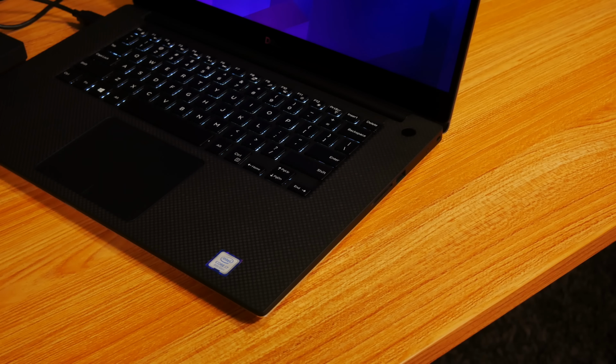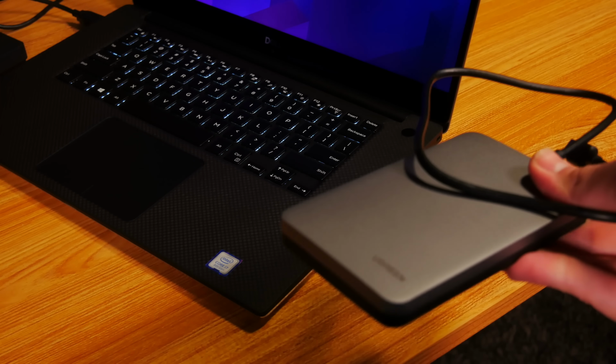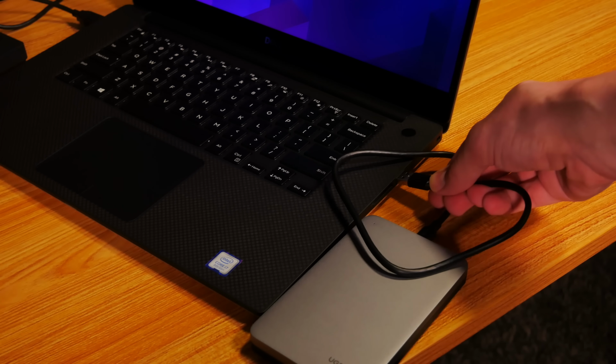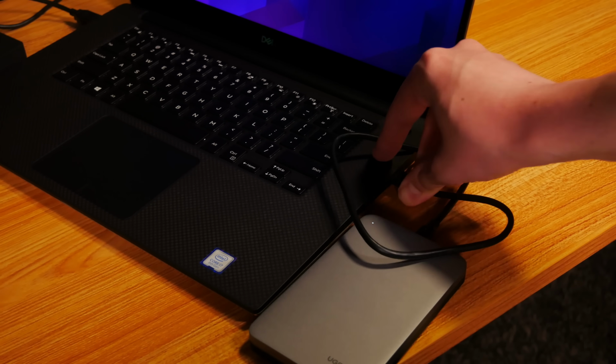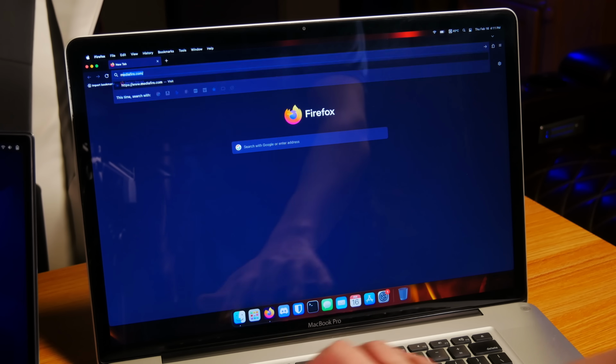Now at this point, if you have enough USB ports on your computer, you can also plug in a portable hard drive just like this one if you want to rip directly to a USB drive. And of course, the next step is to actually go ahead and install MakeMKV. And if you're on Windows or Mac OS, this is a really easy process. Just open a web browser and go to